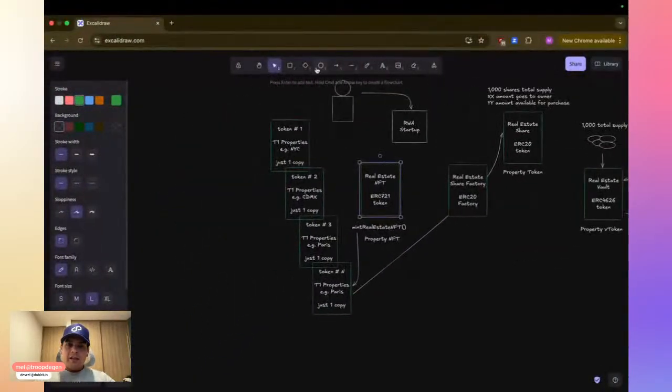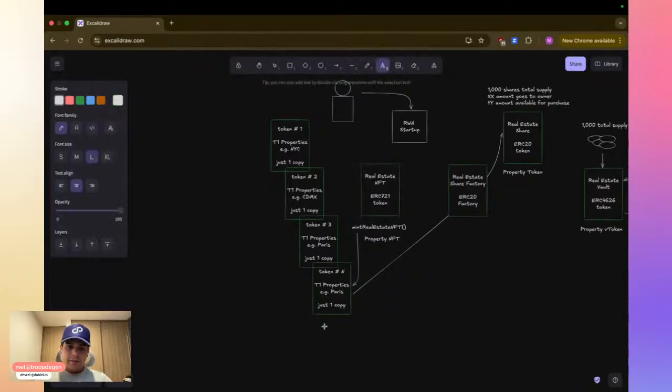So, a very quick definition. The cool part about NFTs is that they can store metadata, metadata that allows NFTs to represent anything.